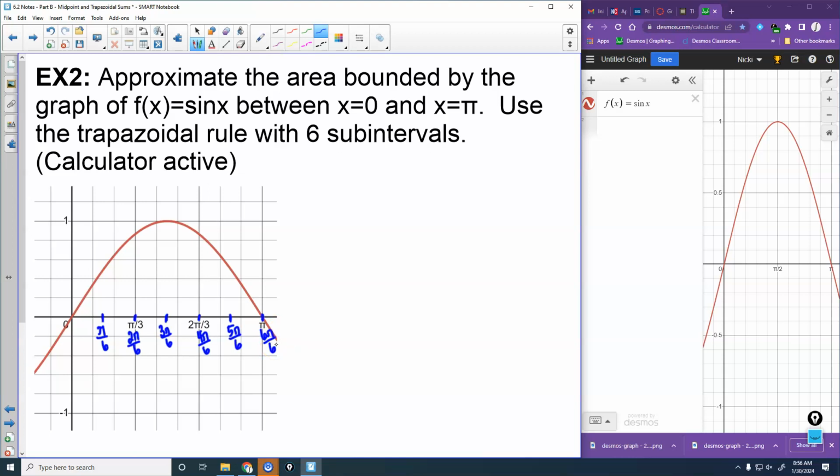All those values reduce for most of those, so of course 2 pi over 6 is pi over 3. 3 pi over 6 is pi over 2. 4 pi over 6 is 2 pi over 3. 6 pi over 6 is pi. So most of those are going to reduce. You can reduce them if you want, but if I'm letting you use the calculator, you can just type them in like that if you want also, right? If it's easier for you to think about that. So